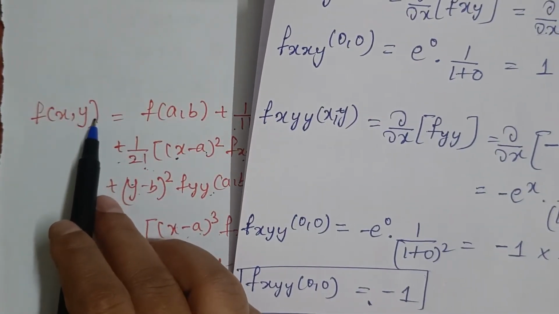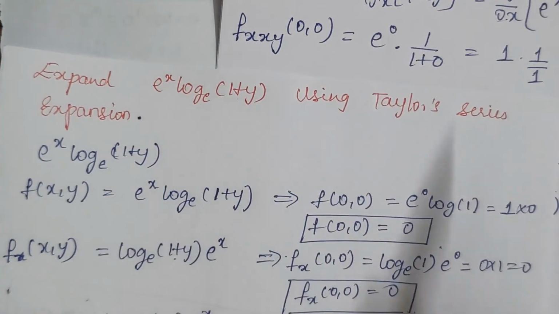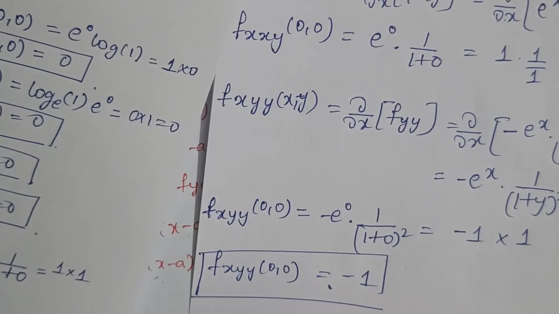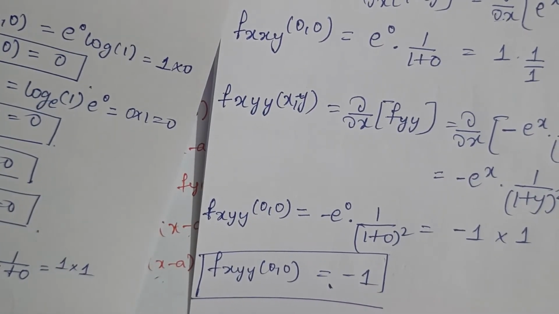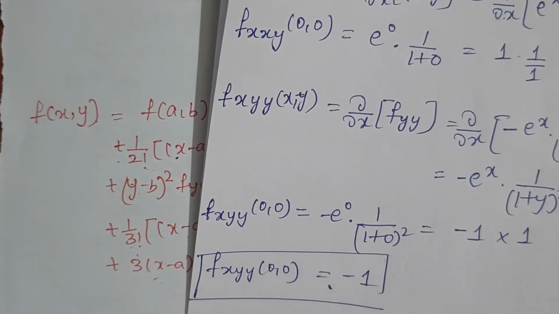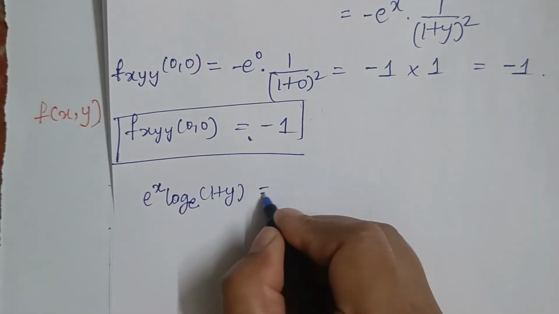F of x comma y, our function, is e power x log to the base e of 1 plus y. So e power x log to the base e of 1 plus y is equal to